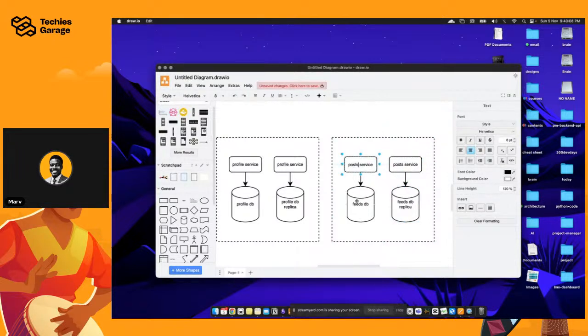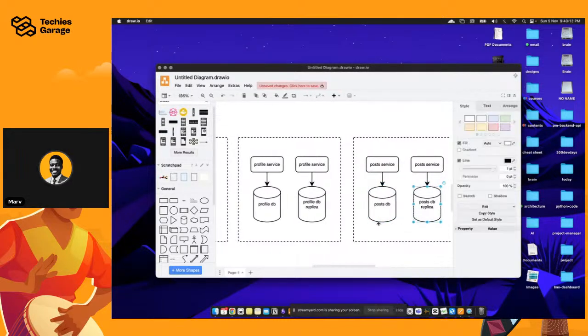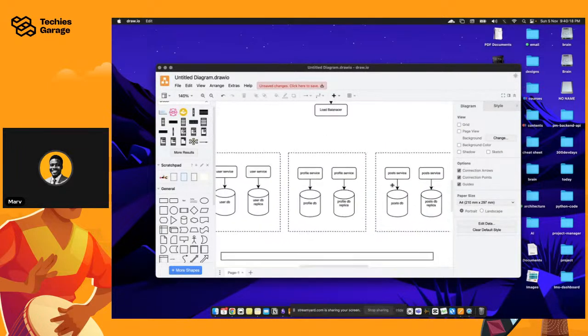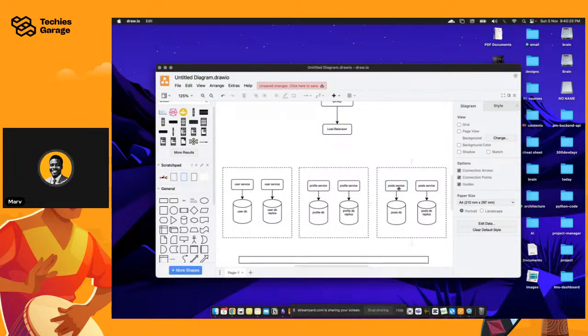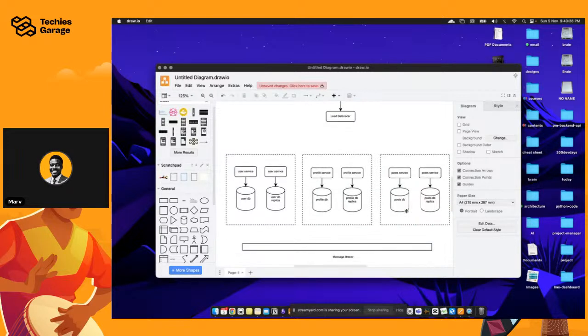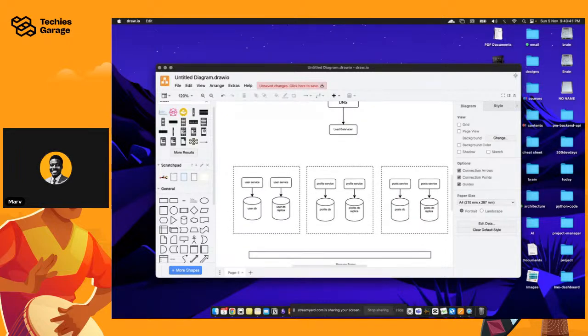So it can be the post service and the post DB. When a user creates a post, it will be saved in here. And when we are trying to get the feeds for a particular user, we have an algorithm that will look into the posts and pull down the necessary posts that the user is following. So you should be following a user before you see their post. But I don't really know much about the algorithm, so I'm not going to speak to that perspective.